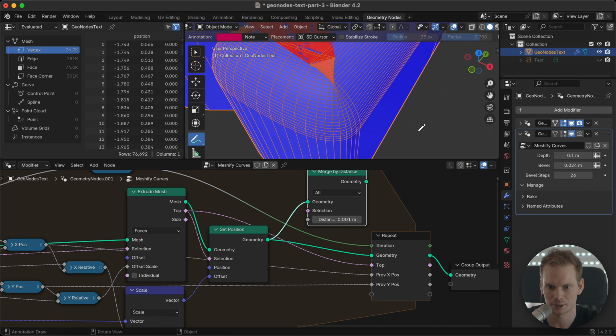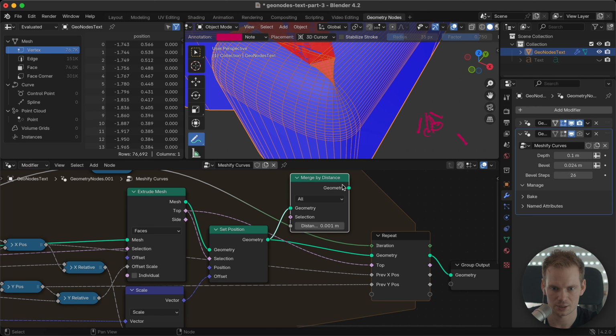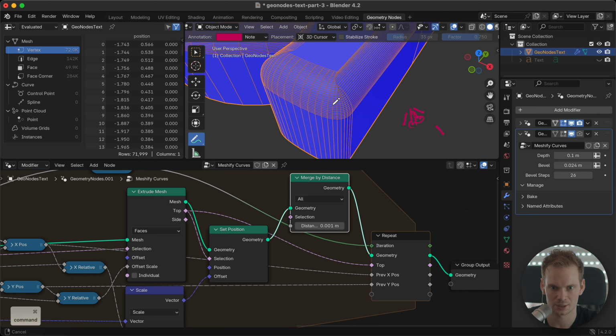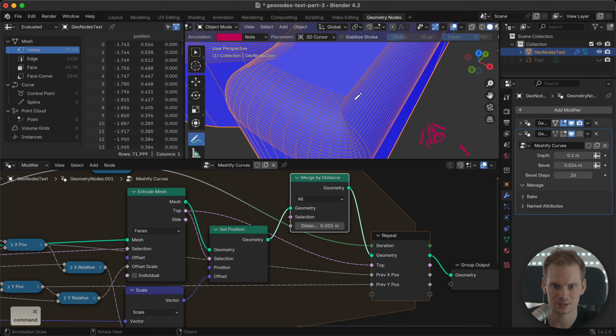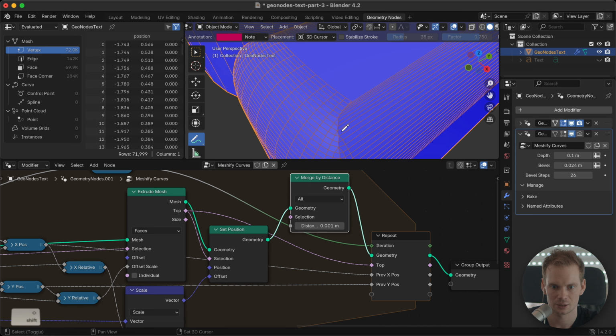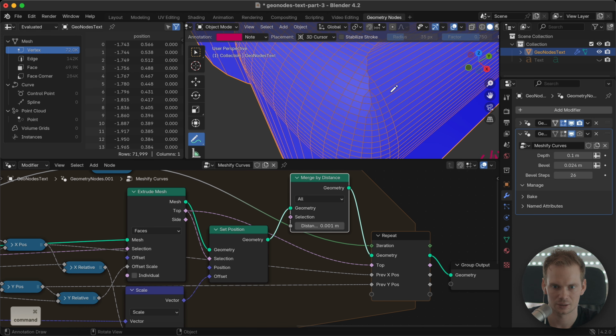So if we have some points going like this, and their normals are pointing like this, then let's say we merge these two into one, it just takes the average normal, so that points kind of in the direction we want. So let's plug this in between and see what happens. And this already fixes the issue. It's not beautiful, it's not pretty, but it fixes the issue at least. And yeah, that's pretty cool.